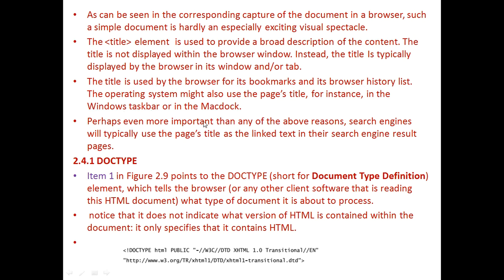Perhaps even more important than the above reasons is that search engines will typically use a page's title as the link text in their search engine result pages, right? So what is the use of a title? You have to give a title for a web page. Again, the title will be seen on a tab, the window of that browser. The title is used for the bookmark, history and search engine.